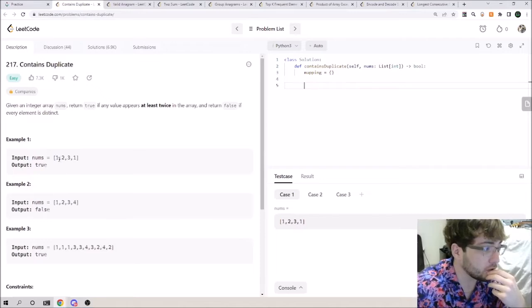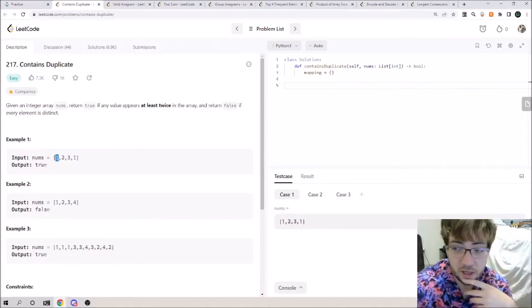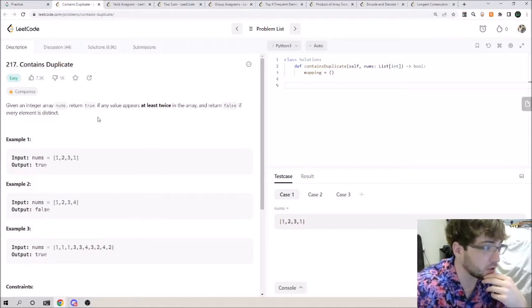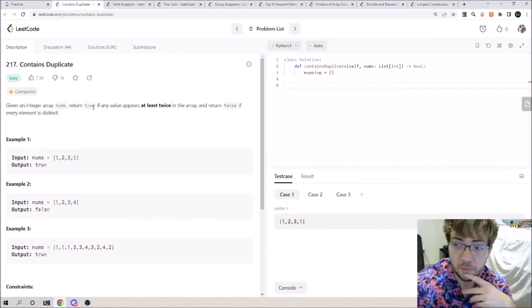We're just going to walk through this. If the number we're at isn't already in the hash map, we'll add it and continue. If at any point we see a number that's already in the hash map, we'll return true, because we've seen it before, and that means not every element is distinct. Otherwise, if we reach the end of the array without hitting that condition, we'll return false